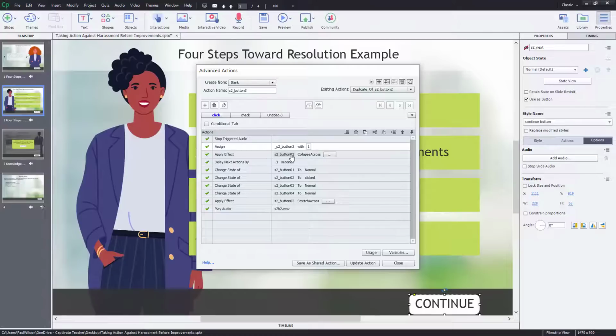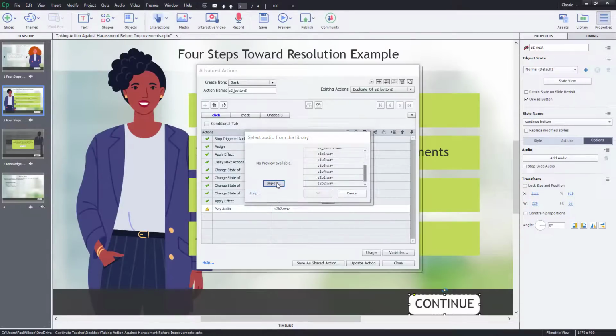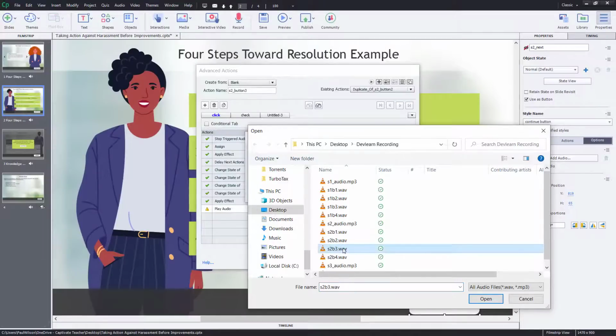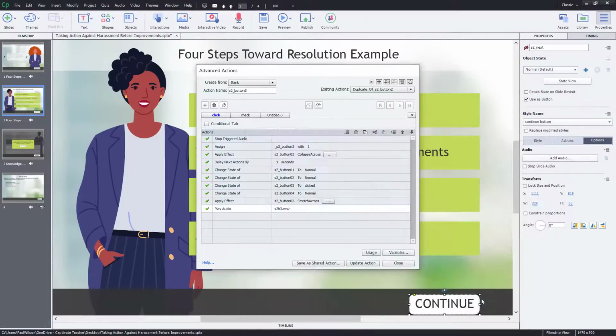We'll apply the effect to button 3. We'll turn button 2 back to normal and this time apply it to button 3. And we'll apply the effect also to button 3. And again, we'll update the WAV file that we're going to play here, in this case, the third step. Update that action, click OK, and one more duplicate to do, and this will be for button